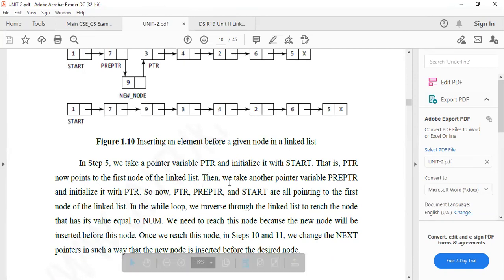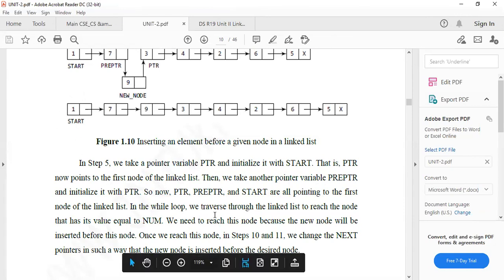Then we take another pointer variable pre-PTR and initialize it with PTR. Since PTR already points to the first node, pre-PTR is initialized by PTR. Now PTR, pre-PTR and start are all pointing to the first node of the linked list, that means the starting node.